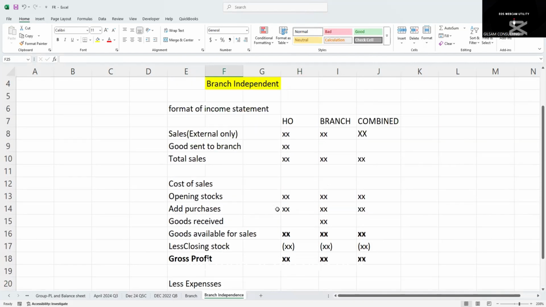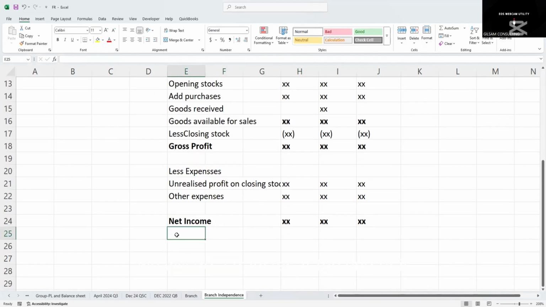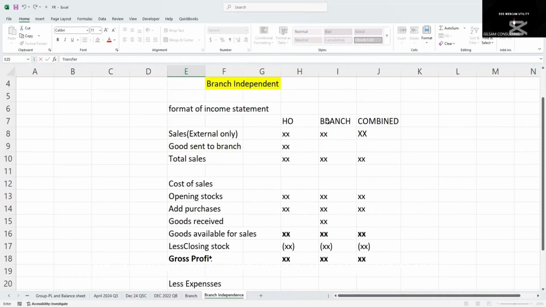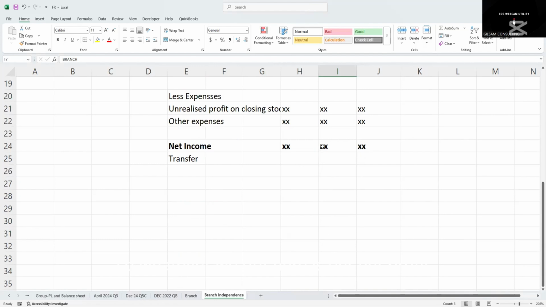And then at the end of it, we will do a transfer to the, remember, this is the branch. And who is the reporting entity? The reporting entity is the head office. So whatever we got here as our net profit, we'll have to transfer to the head office. So you say, let's transfer from branch